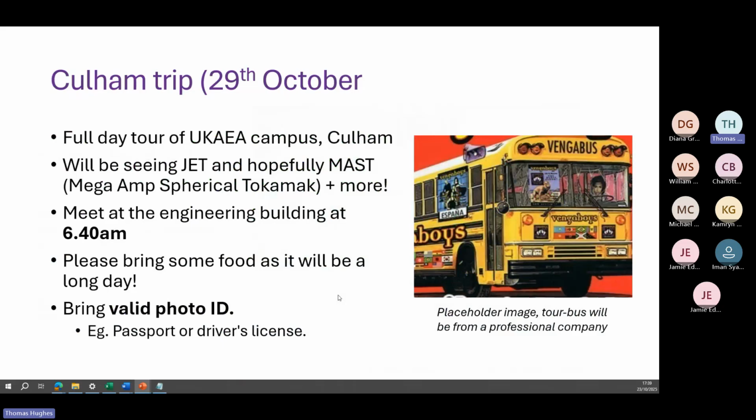So just to wrap up, the trip training. Oh, I've missed the bracket there. That's going to annoy me. But yeah, you're going to have a full day tour of the UKAEA campus at Culham. So hopefully you'll be seeing